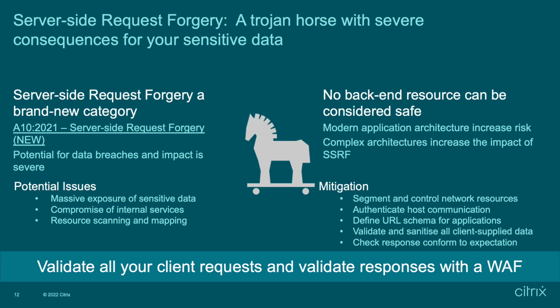Potential issues include massive exposure of sensitive data. Because the request appears to come from a trusted source, it has the keys to the kingdom, so to speak. The compromise of internal services: an attacker may get to internal services to conduct further attacks, such as remote code execution or denial of service. And resource scanning and mapping, of course. Attackers can potentially map out your entire internal network and scan for other vulnerabilities that can be exploited, leading to untold issues. Now, SSRF acts as a Trojan horse into your internal environment, such that no back-end resources can be